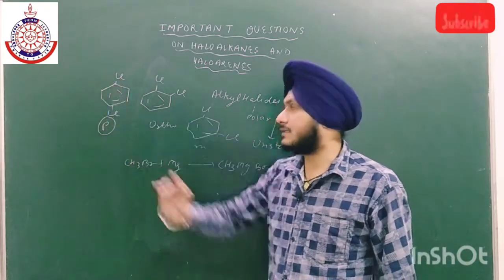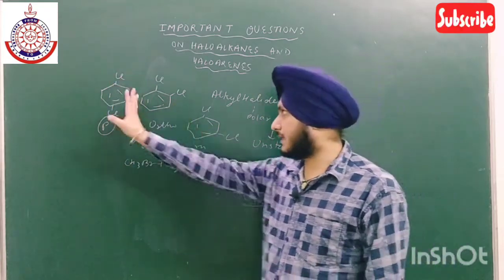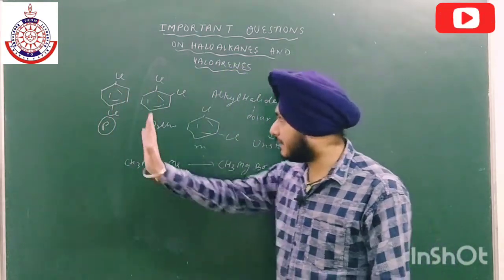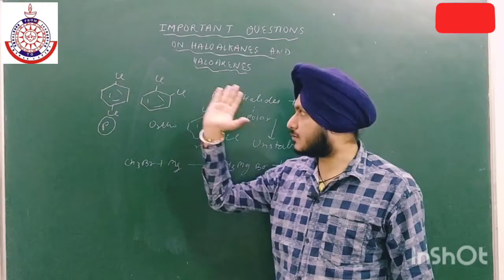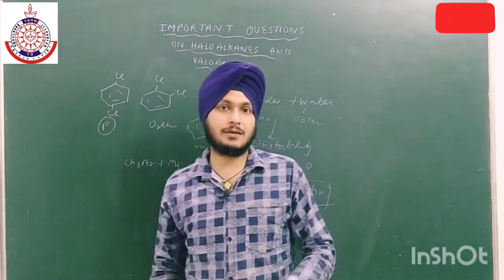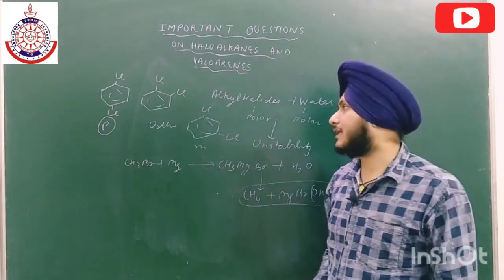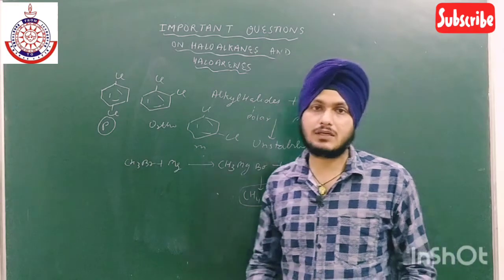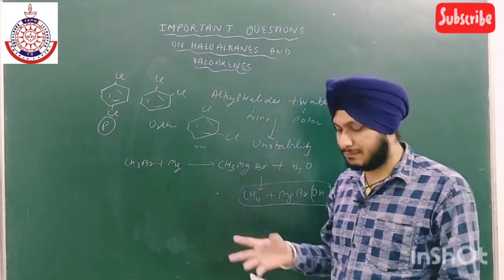We can cut it like this, so we will get the same equal pieces on both sides. So it has a center of symmetry and a plane of symmetry also. Okay, so it is symmetrical from both sides. That is why it is highly stable. And if it is highly stable, then its melting point is high and its solubility in any of the other solvents is low. Okay, so this is the main reason.